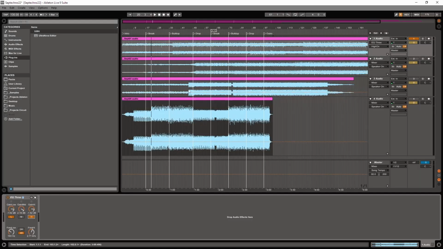So the next step, once I've got my tracks warped, was to just add an EQ3 to each of the tracks that I'm working with. And that then has 3 frequency bands, a low, medium and high, which allows you to isolate or cut out various different frequencies. So if I cut out the mid frequencies and then play back the track,